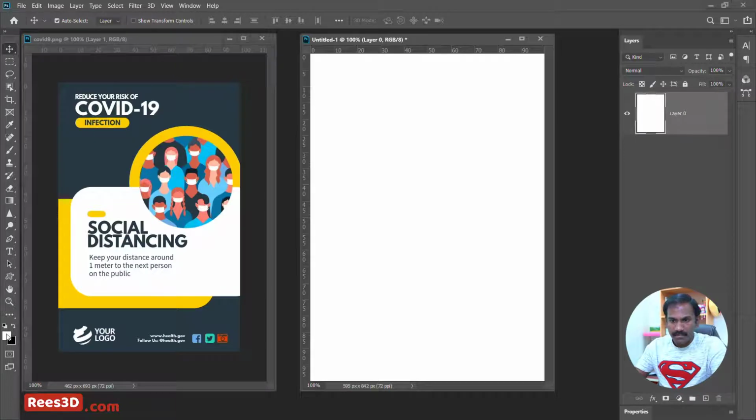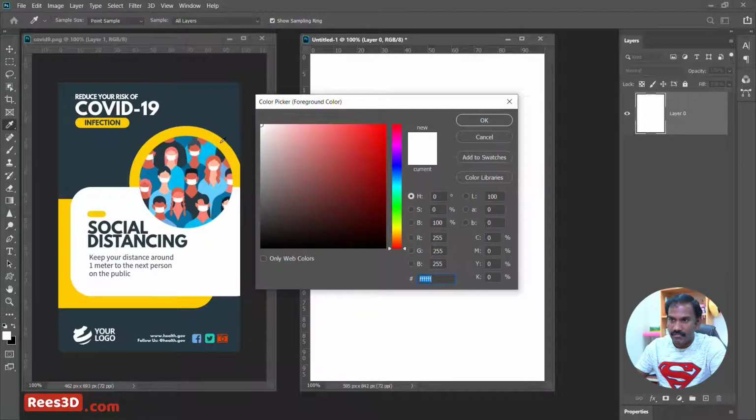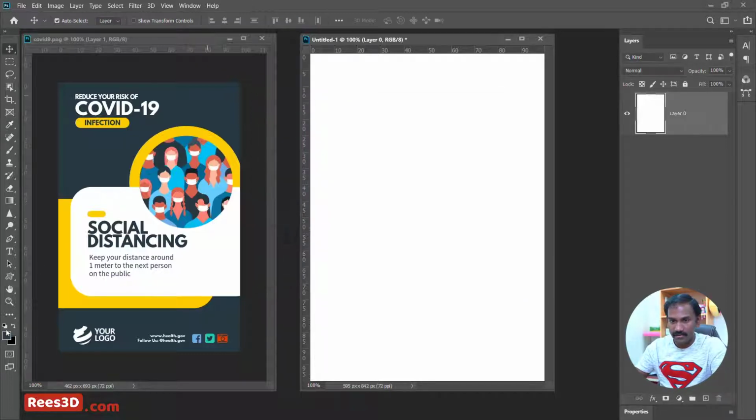So in my case, I'm going to just go here, and if you click on this, it basically opens up this color picker window. And when you have this color picker window, you can actually move out anywhere in your document in Photoshop basically, and you can pick any color from here. So if I want this yellow, I can simply click here, so that'll bring us the yellow. If I want the blue, I can just simply click here, and that will bring us the blue. That is perfect. So let's go ahead and click OK here. Now you can see that our foreground color gets the blue, or the dark blue, or kind of grayish color